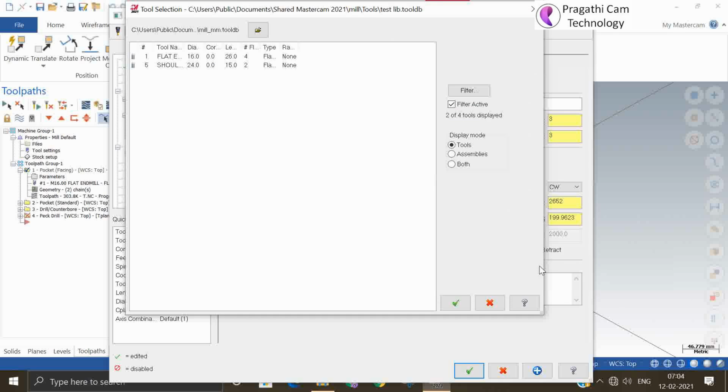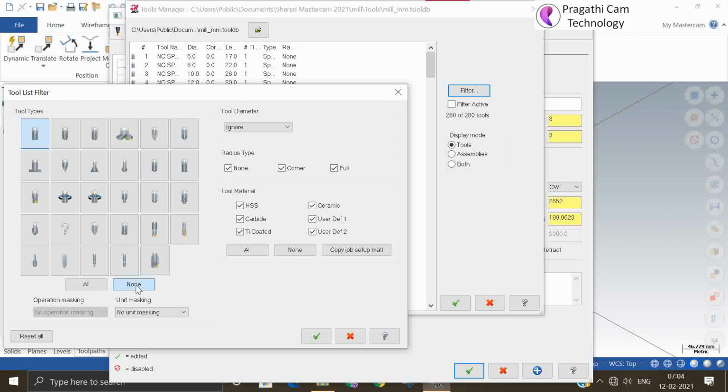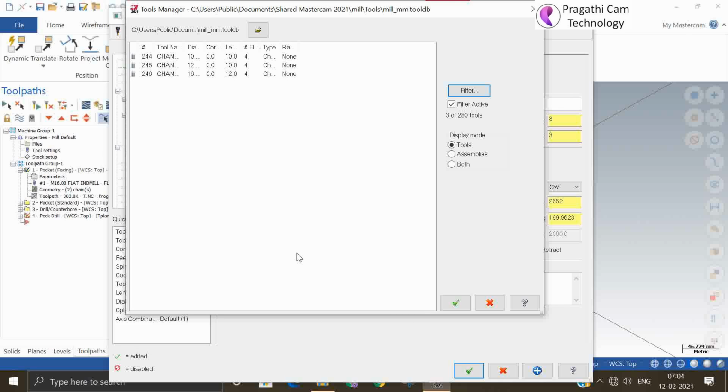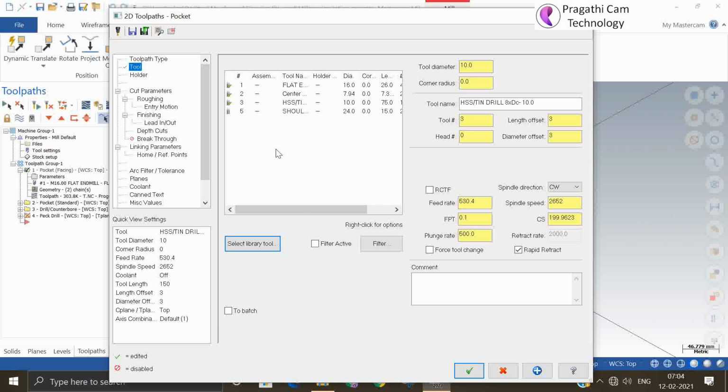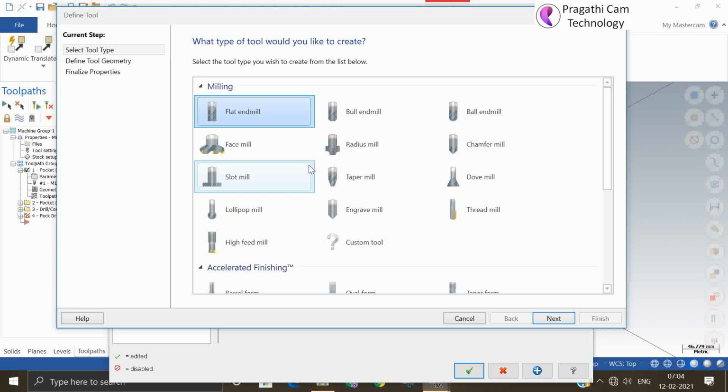Tool library. So here the filter is removed. I'll select chamfer tool available. Sometimes what will happen, some tools may not be available in the library. In that situation you can create your tool with the standard. So first we have seen how to use the available library tool, and next we modified the existing tool and saved it in your library. Now we are going to make a new tool which is not available in the library.